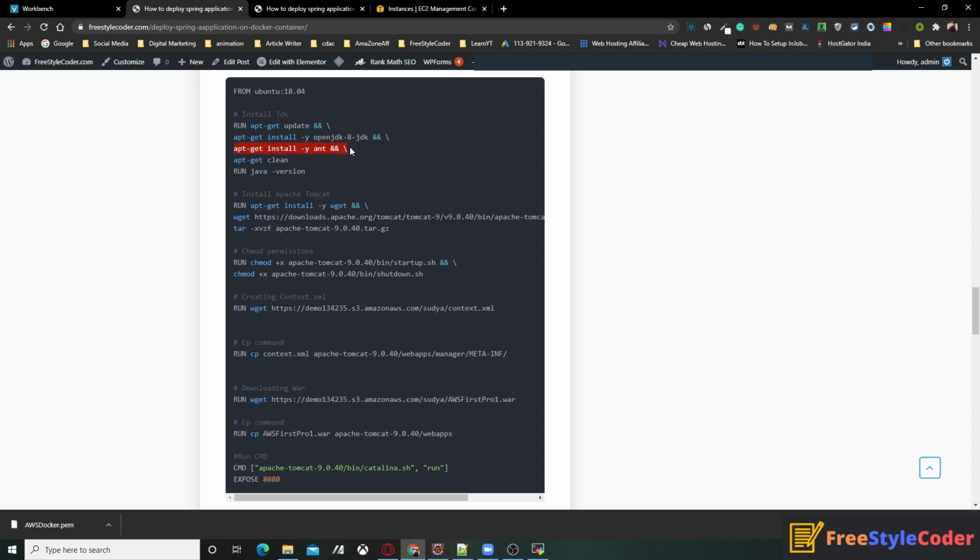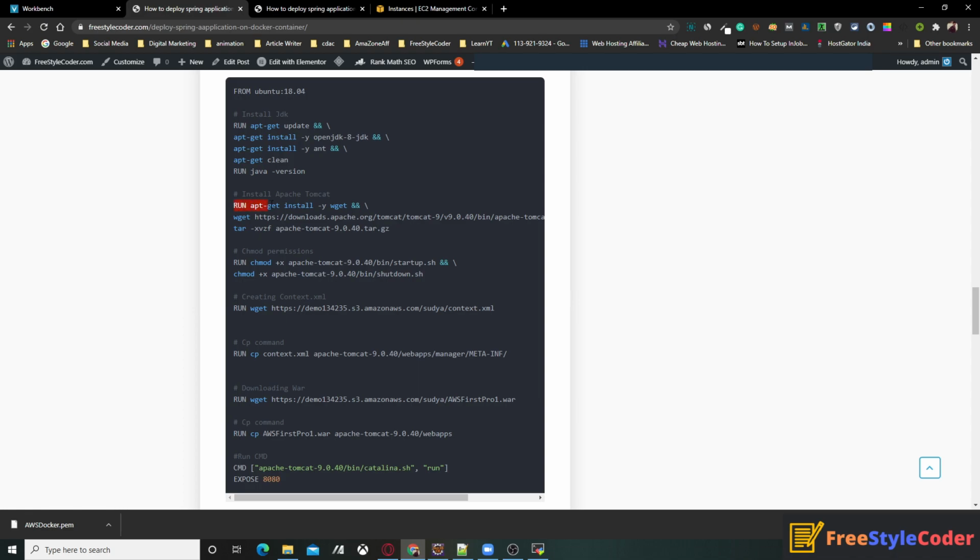Then we are installing the ant package, and cleaning some extra stuff. Then we run java -version, so that we get confirmation whether Java is installed successfully or not. Then to run our application we require the Apache Tomcat server.